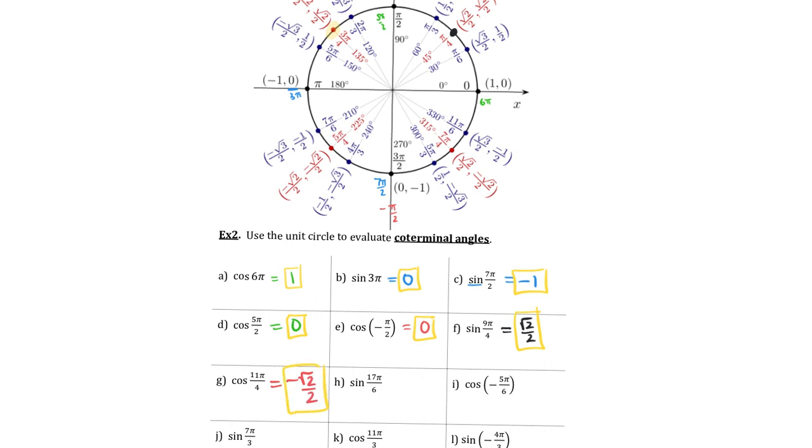Okay, we're getting there. Uh-oh, we got a 6. Okay, 17 pi over 6 is not in our circle, but 1 pi over 6 is. It's right here. And I need to remember that this is 1 pi over 6. And I'm going to count that 17 times. 1 pi over 6, 2 pi over 6, 3 pi over 6, 4 pi over 6, 5 pi over 6. And this tells me I'm on the right track because it matches. 6 pi over 6, 7 pi over 6, still on the right track. 8 pi over 6, 9 pi over 6, 10 pi over 6, 11 pi over 6, still doing good. 12 pi over 6. Now once you get to 12 pi over 6,